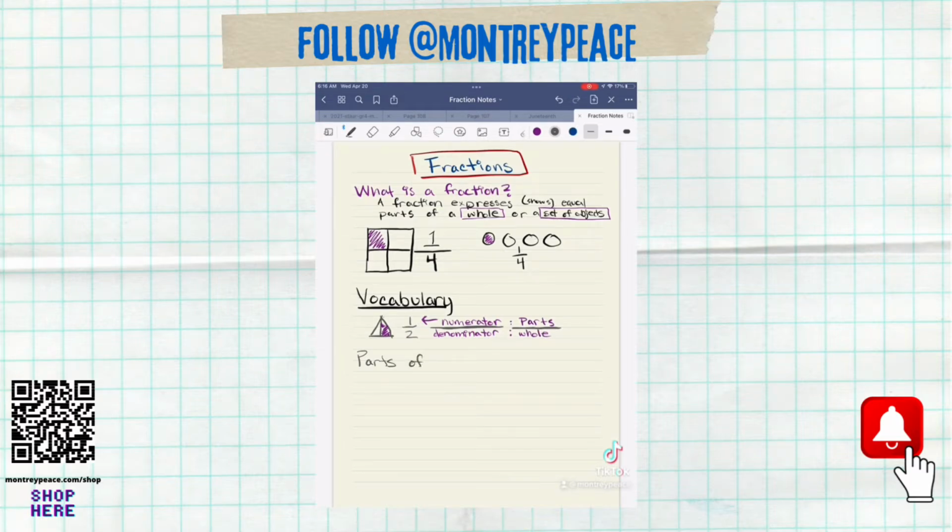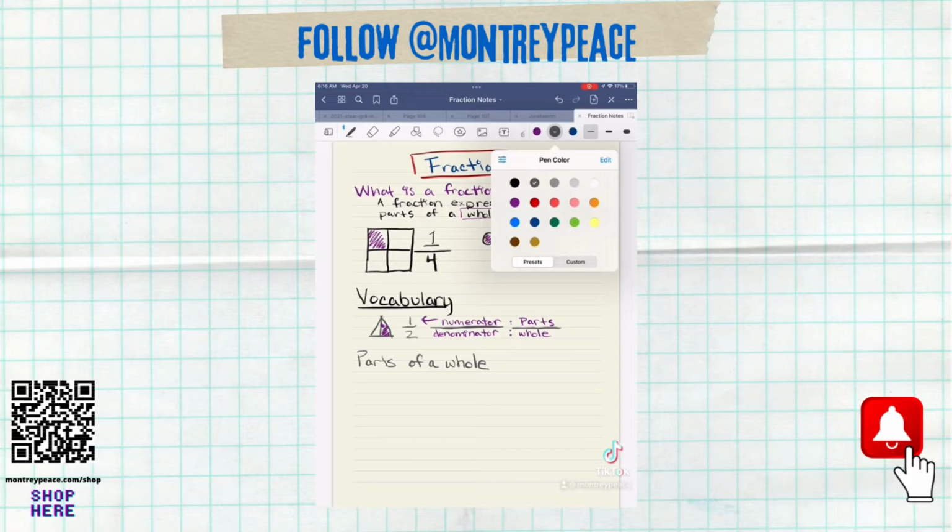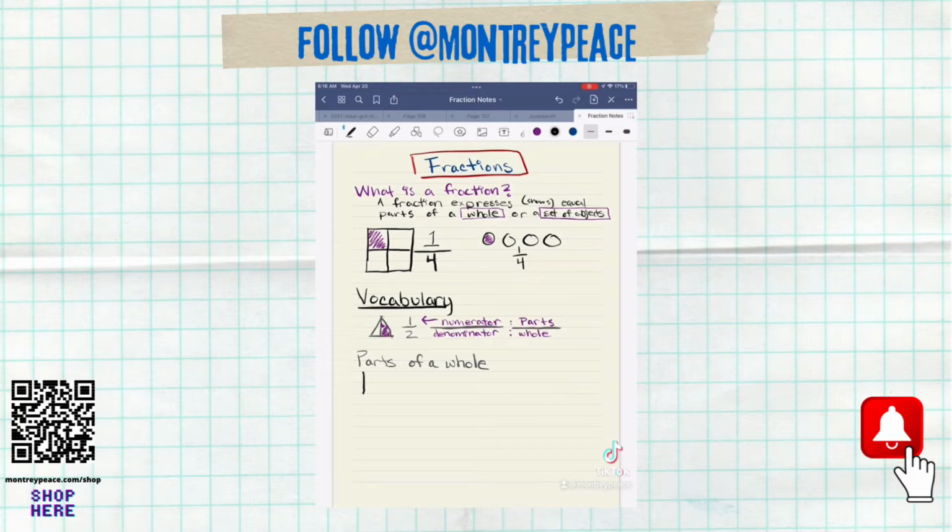Let's take a look at a few more examples. We're going to talk about the parts of a whole, and then we're going to show you how these come together to make one whole, and what that will look like numerically and visually. Okay,